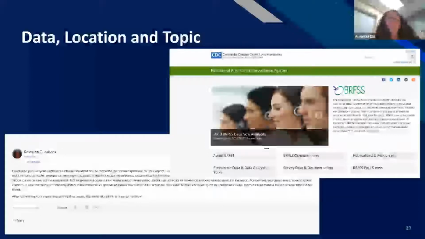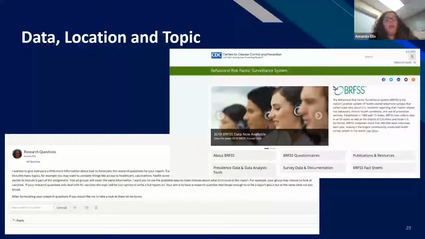And how I would have them create these reports is all the students would work with the BRFSS data, and I would assign each student, or students were given the opportunity to work in groups as well. I would assign them a different state. And so every group was given a different state with the exception of the state of Kentucky. And I'll talk about why nobody was assigned the state of Kentucky in just a little bit.